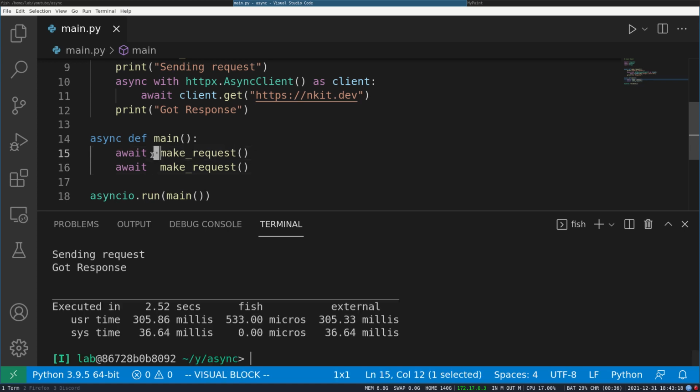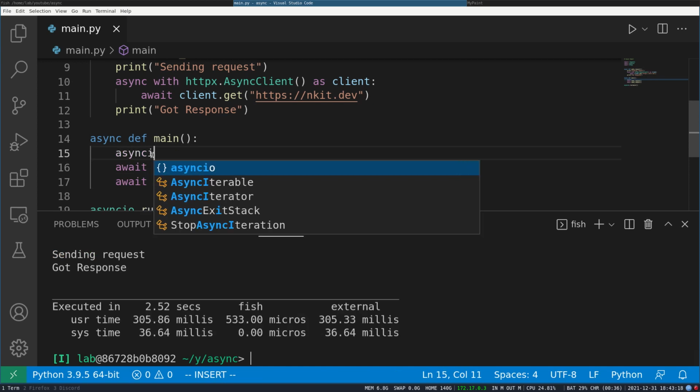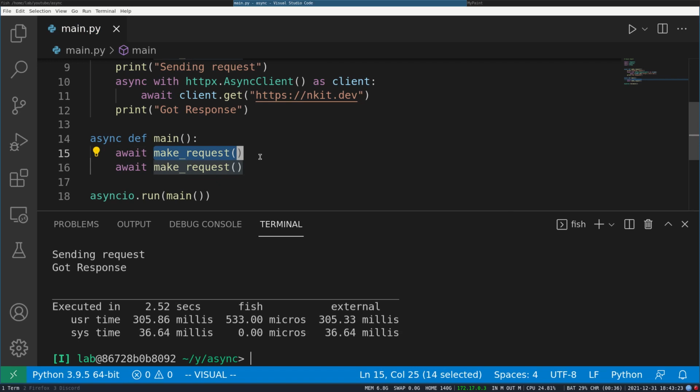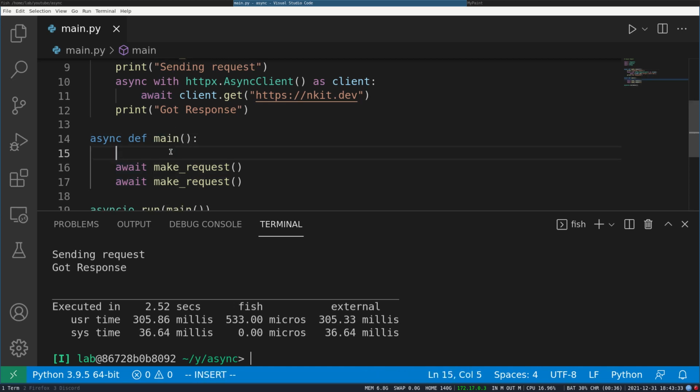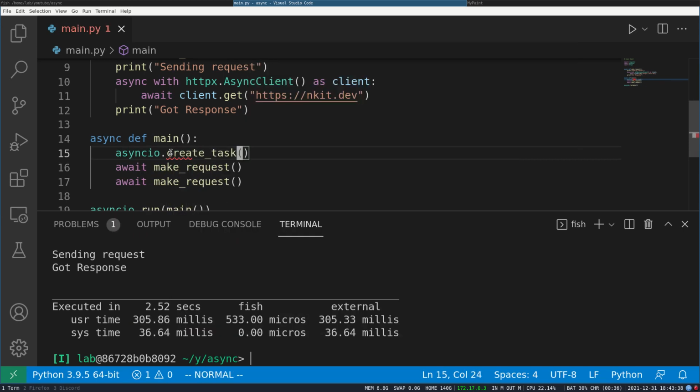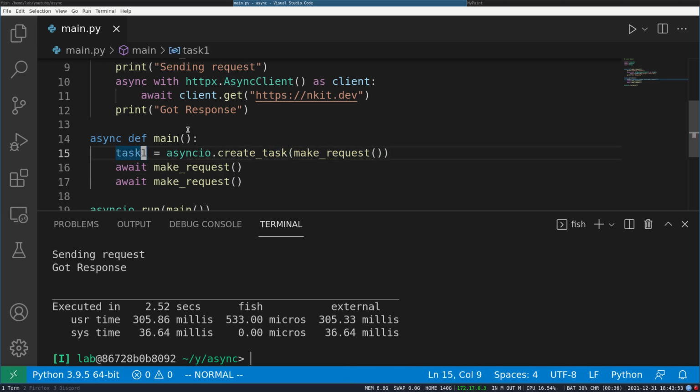But as it is async, we can use special things. We want to tell Python to execute this code but don't wait for it. Await says wait for it, but we don't want to do that. So for that we can create it as a task. You can do asyncio.create_task and then send this function in. So this is our task 1. If you know a little bit of threading, it is like starting a thread. Well, actually internally it is totally different, but the task represents something which will get evaluated.